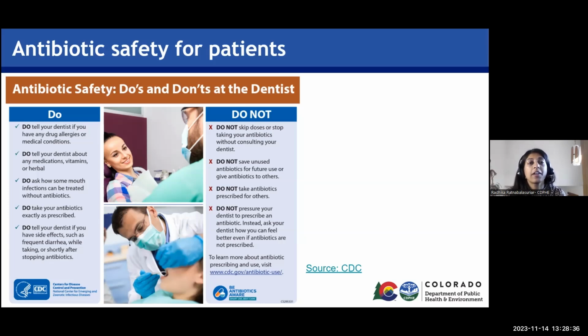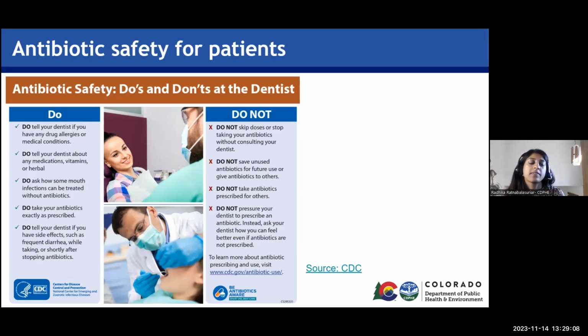The other thing we would like to remind people is to not pressure providers to prescribe an antibiotic. If you're a provider, I'm sure you've been in this situation before. We encourage people to ask whether they think antibiotics are appropriate. And on the provider side, it really is our job to explain sometimes why we aren't doing something. Just as much as it's important to explain why you're doing something, you have to explain why antibiotics are not